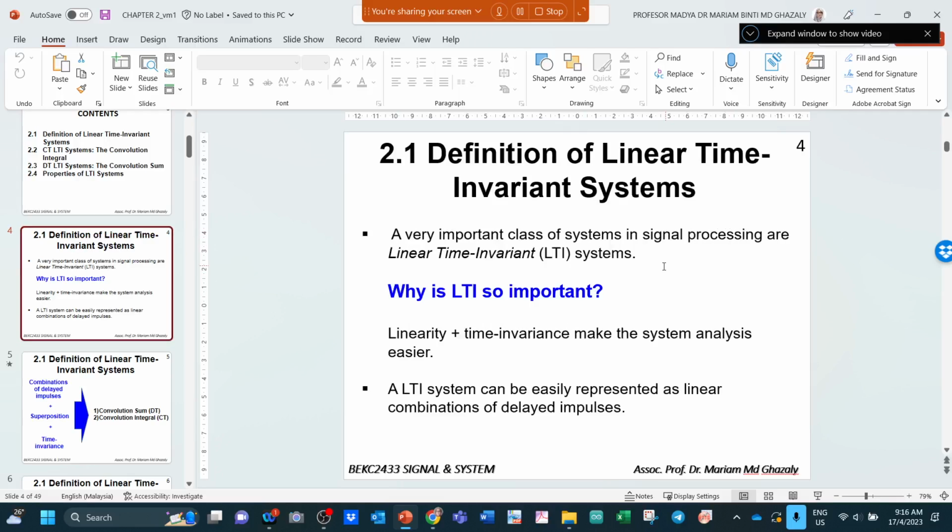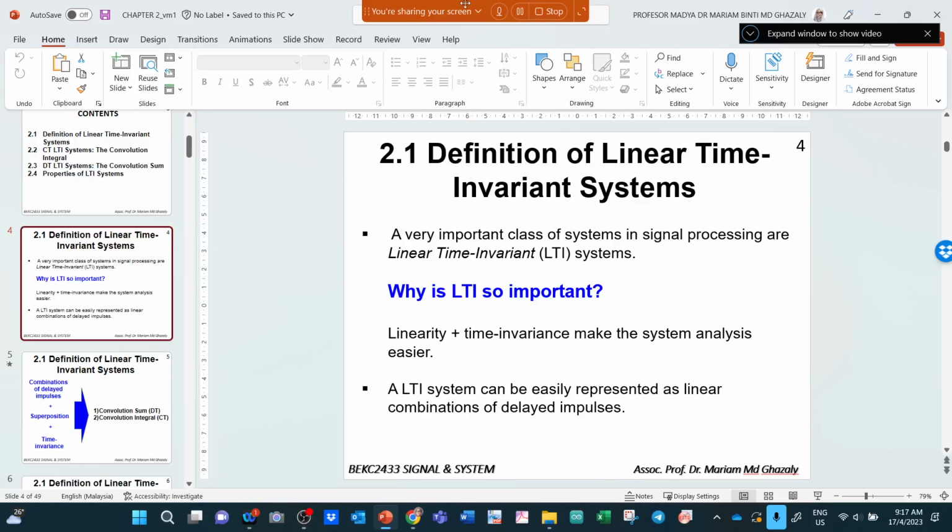Okay, so the definition of LTI system, linear time invariant system, is that the system is linear, meaning that whatever input you give, it will give the same output. It means if there is shifting by A value, the output will shift by A value. For this case we are going to use a combination of pulses. So you have learned in chapter 1, what is a pulse? Pulse is, for example, how do you draw a pulse in